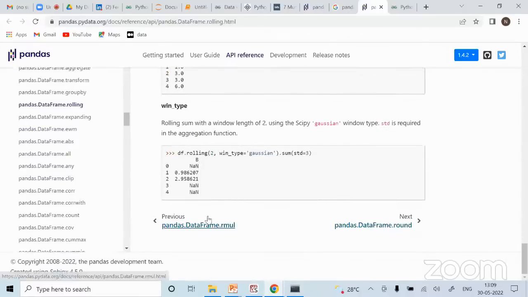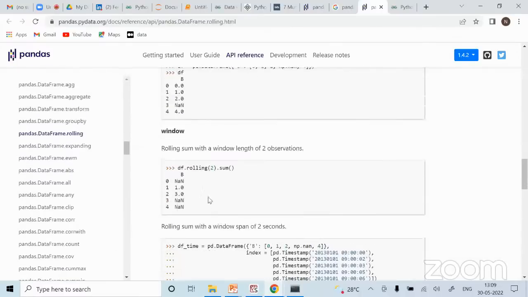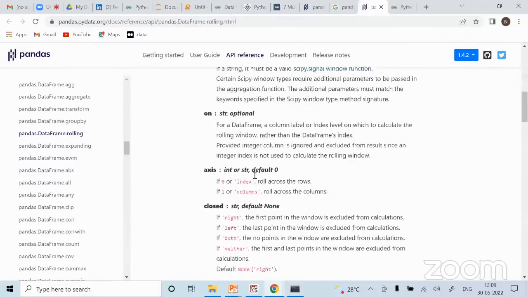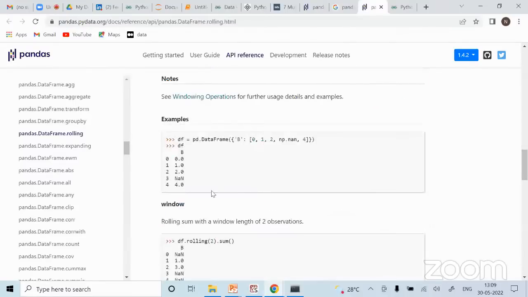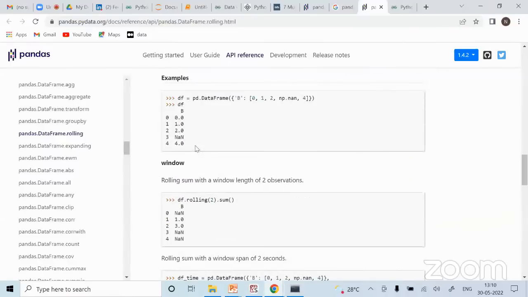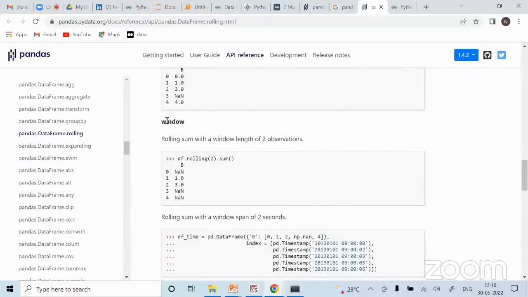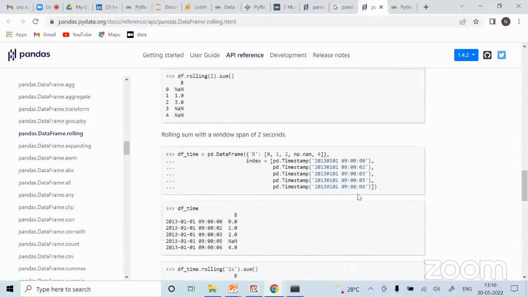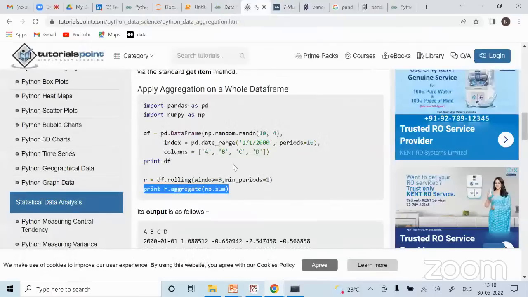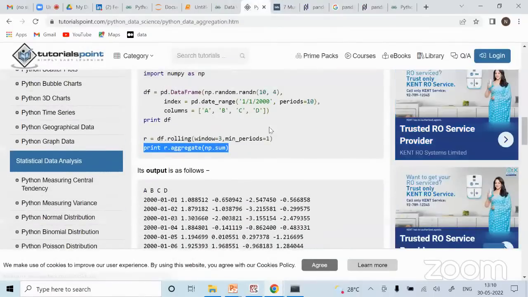Okay, so let me do one thing, because being very honest, I have never used this rolling window example. So let me go through it by myself and get clarity on it, so I can cover this rolling example better tomorrow. Because I'm also not really sure how it is doing. Sometimes I see there should be NaN, but it is not coming up. So I will have to read more documentation on how it really works. But ultimately the functionality is basically a rolling window kind of thing, right?